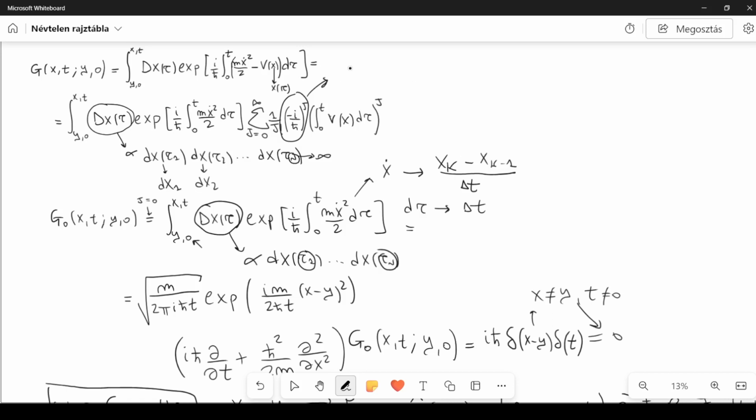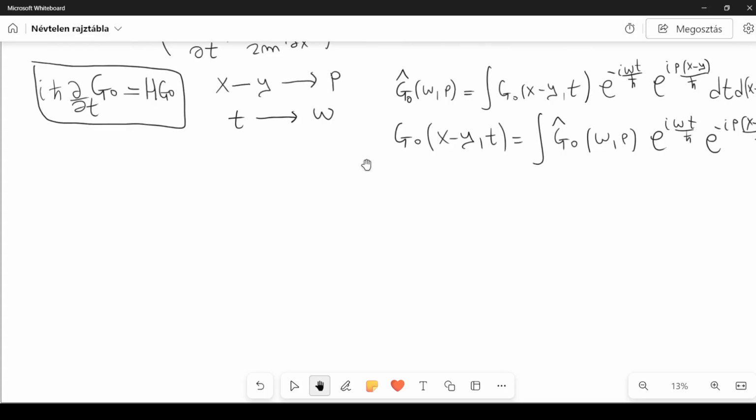Let me just show you. It's easier to show than to explain in words. G sub 1 of x t, y 0 is equal to the integral from y 0 to x t